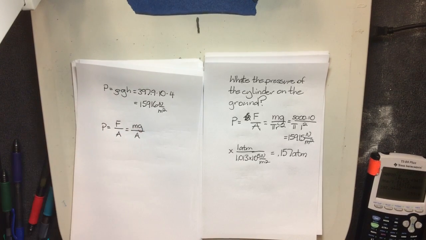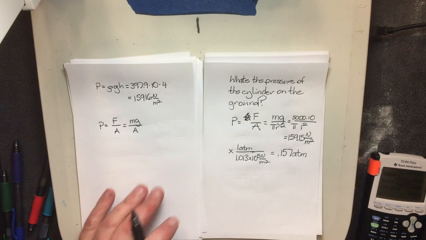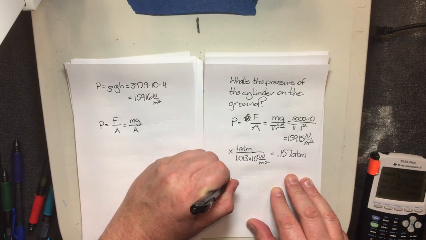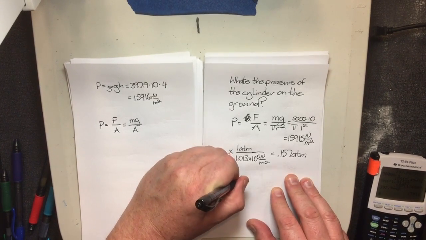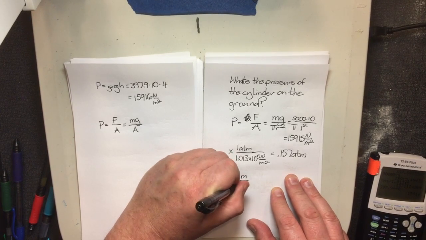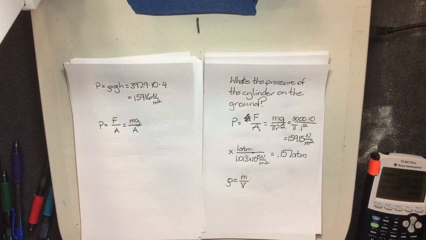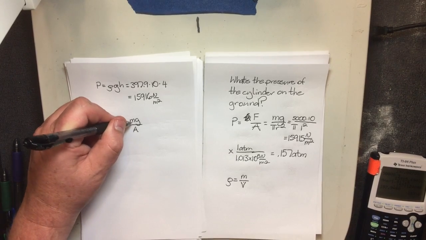And I'm going to keep area. Well, what's mass? Density is mass over volume, kilograms per cubic meter. So what I can rewrite this as